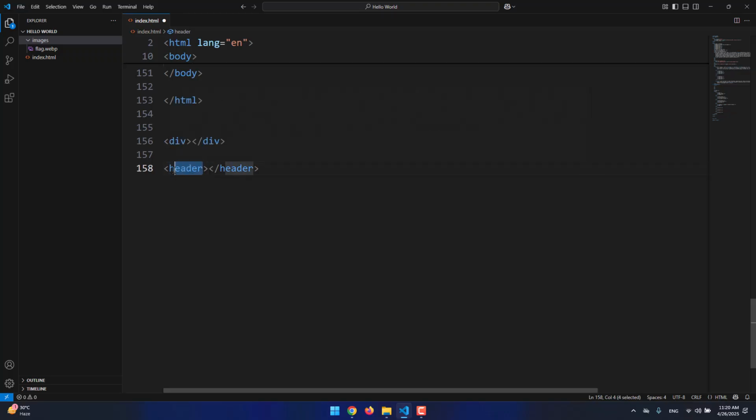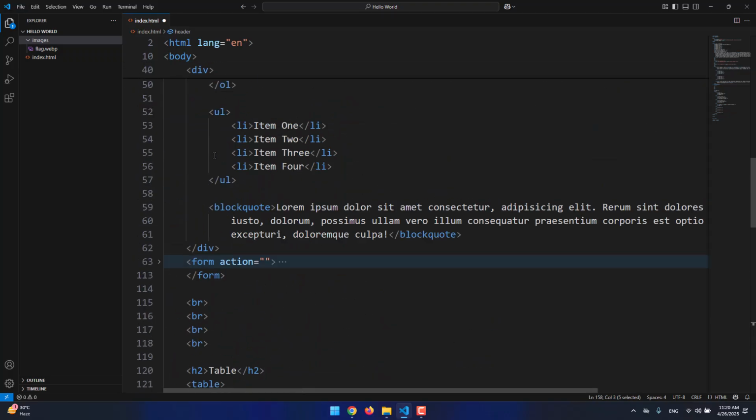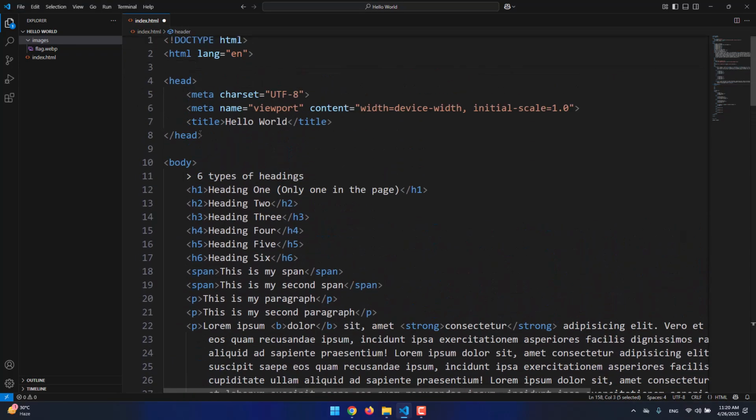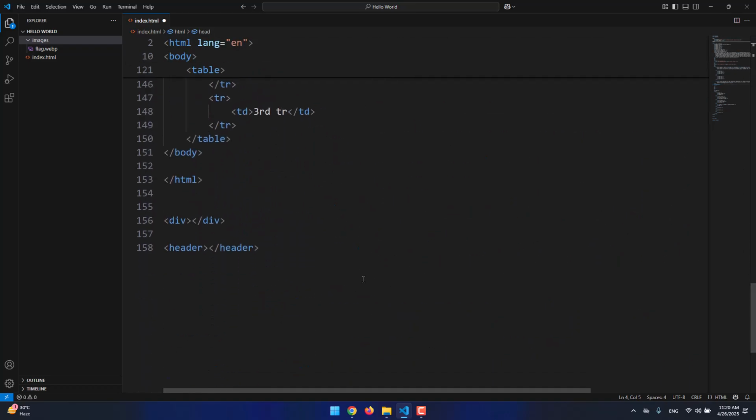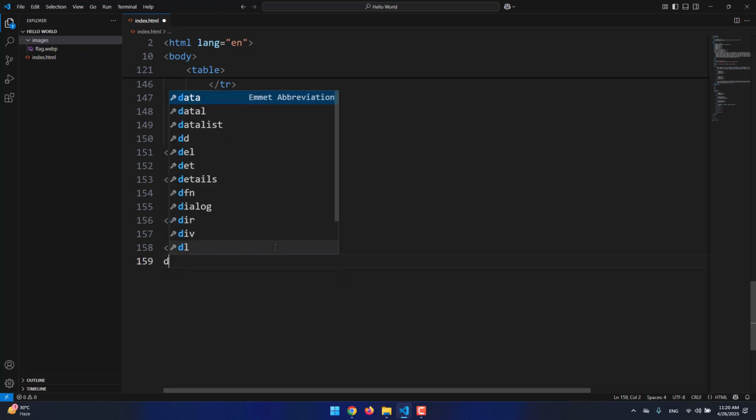So header is very different from head. I want you to understand that. Head is a required, essential tag for our page, but header is a semantic tag. And we put header content of our web page, for example, the navigation menu, the logo, whatever it is, inside the header. We have footer,